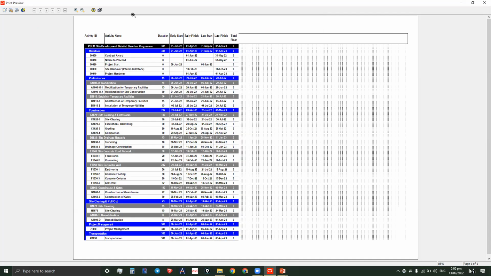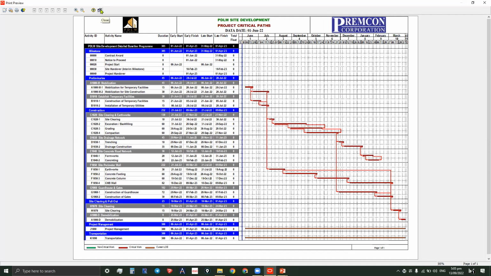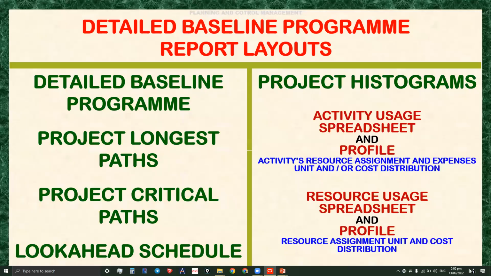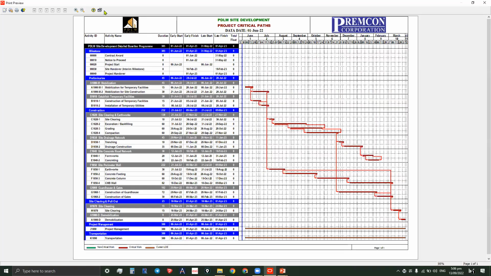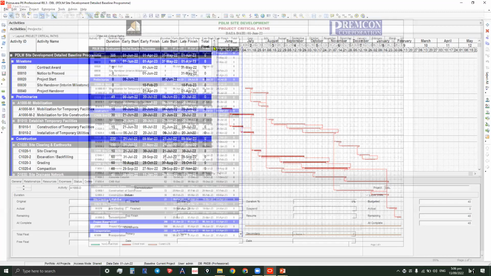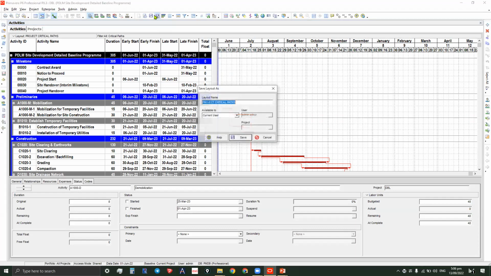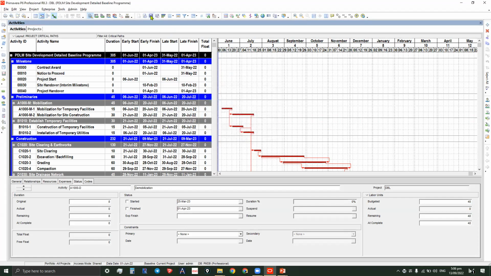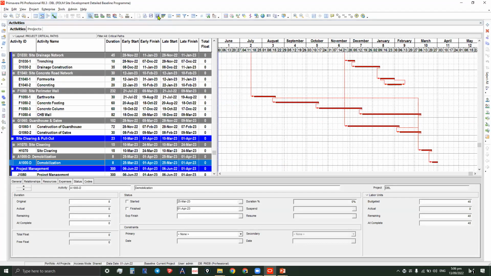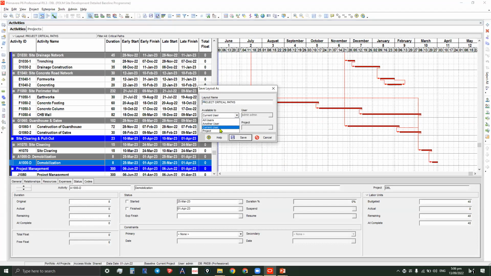Okay. So next. What is our next? The Lookahead. Okay, we will go to Lookahead. So what shall we do with the Lookahead? Okay, we can use this also. We can save this as a layout, but before that, let's save it again to be sure. So we will save this layout under project as the